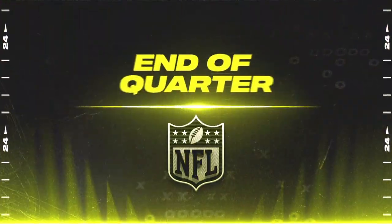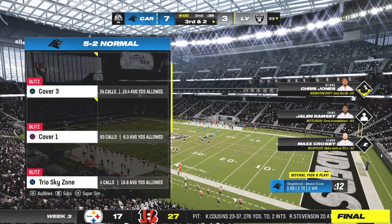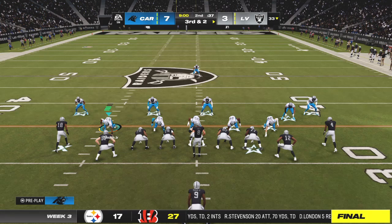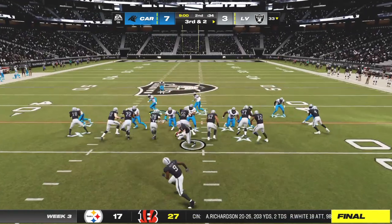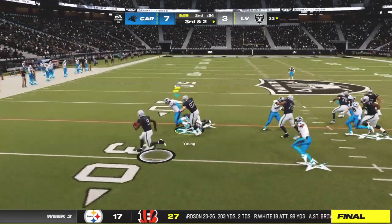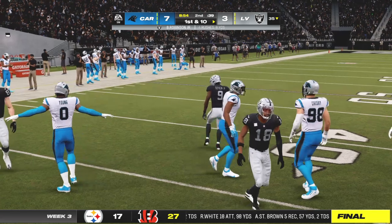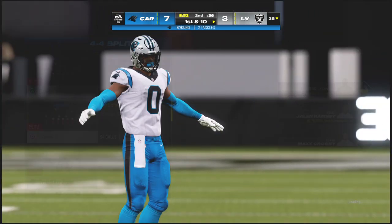After 1, 7-3 the score on EA Sports. The Raiders on 3rd down. 0 for 3 to this point. They could use a conversion. Here it's 3rd and 2. Robinson will try to pick it up. And he's going to have the first down, yardage to the 35. 3 yards there, good enough to keep